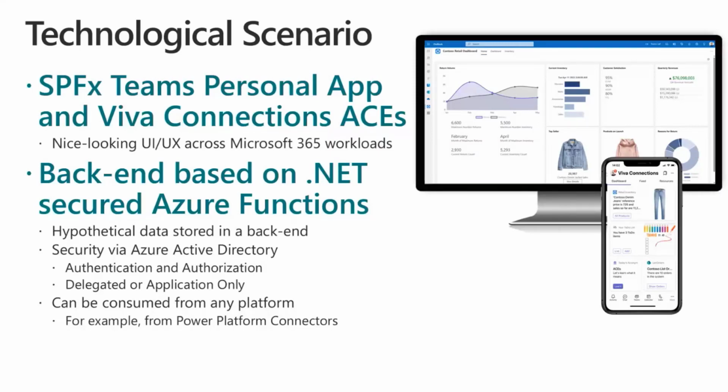Of course, this is just a demo, so the data will still be fake data, but you will be able to see the whole journey. Of course, we need to have a secure API in the backend, so we secured it with Azure Active Directory from an authentication and from an authorization point of view. And the interesting part of the story, in my opinion, is that the API that we have built is not only for SharePoint Framework, but you can use it from whatever platform you like, including, for example, the Power Platform. So you can create a Power Platform connector, and you can create a Flow or a Power App and still consume the same API that you are consuming from SharePoint Framework. And I think this is really powerful.